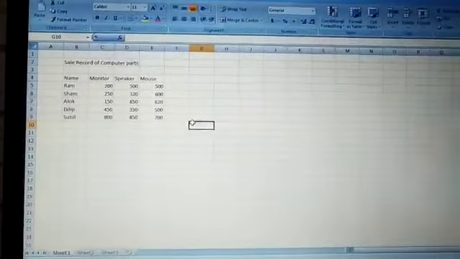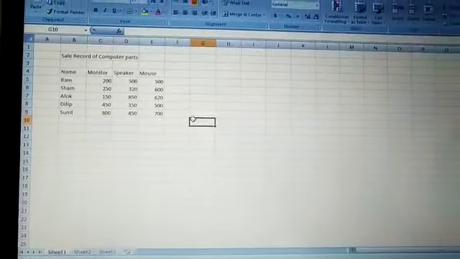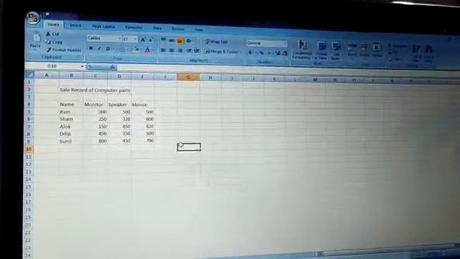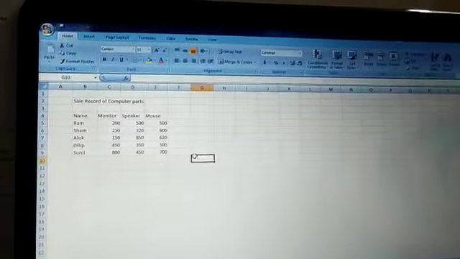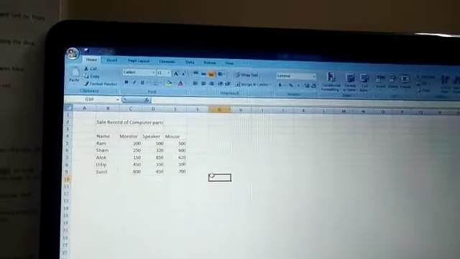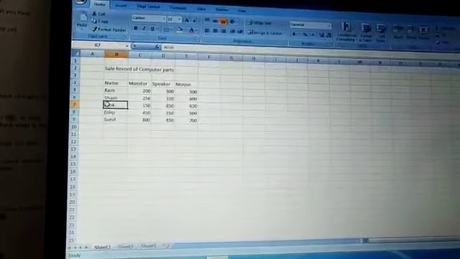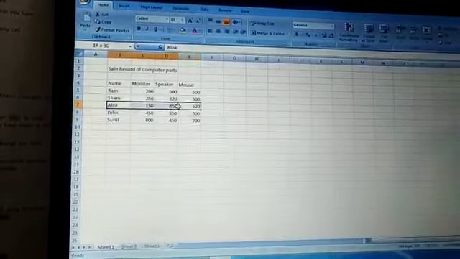Now our next page is page number 53, and the topic is deleting data. How to delete data? You can delete Excel data that you no longer need. You can delete the data from a single cell or from a group of cells at once. First of all, select the cell containing the data you want to delete. Here I am going to delete this data, so I am selecting this.